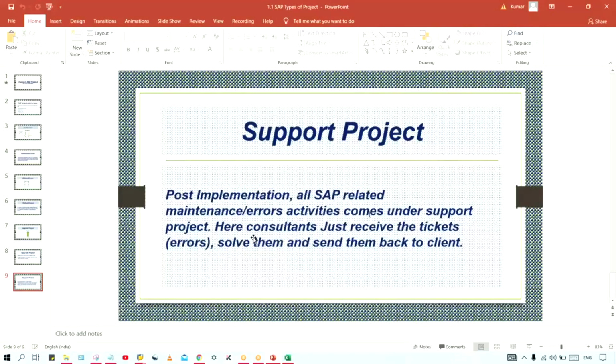How this is supposed to be configured into SAP, then only the correct calculation is going to happen. If you talk about depreciation related activities in SAP, there will be a sub module called asset management. Okay, I'll explain in detail, guys. Don't worry. Very unique explanations will be there, because if you talk about asset management, you watch any of the